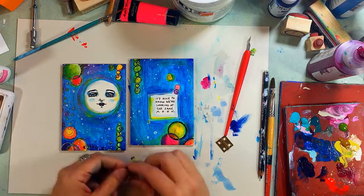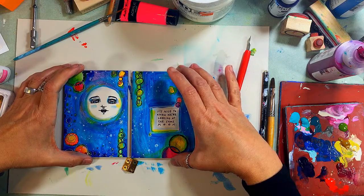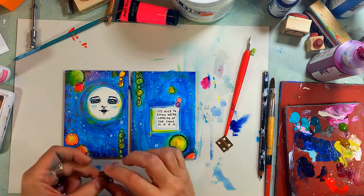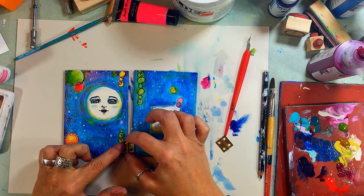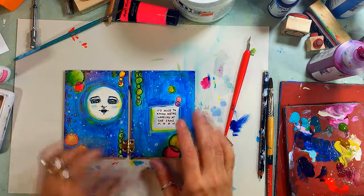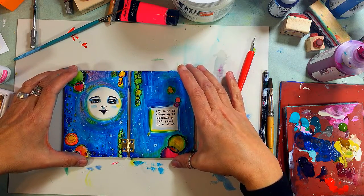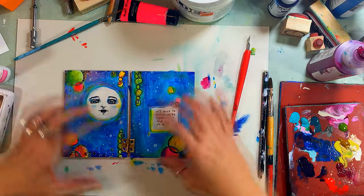So, you need to line up your pieces. And then I put a little bit of nail glue on each side of my hinge. And obviously before I glue it, I like to get it lined up just right. And you need to leave enough space between them